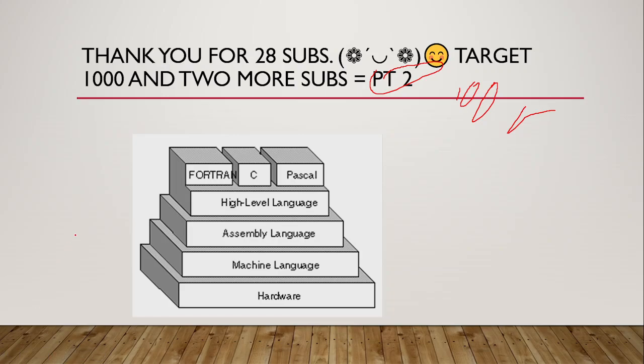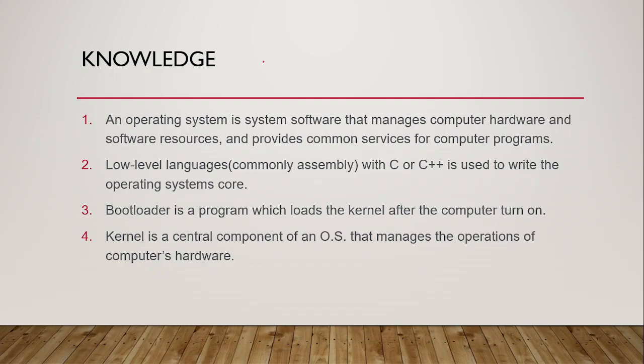So we all know about these concepts, but there are many things to understand. So we all understand this term. An operating system is a system software that manages computer hardware and software resources and provides common services for computer programs. For example,